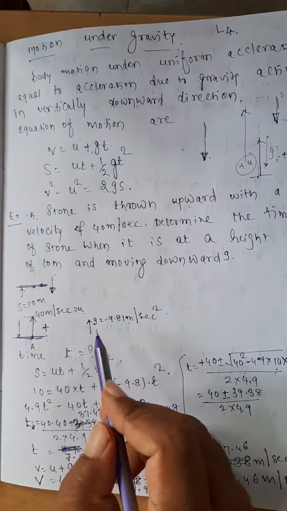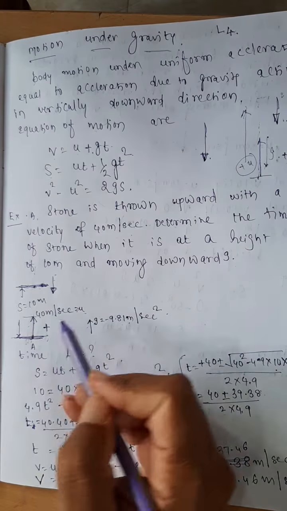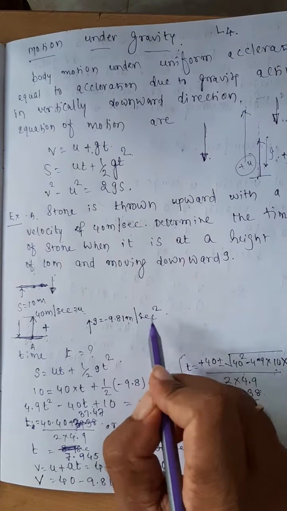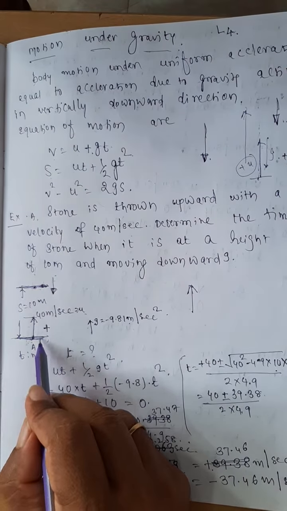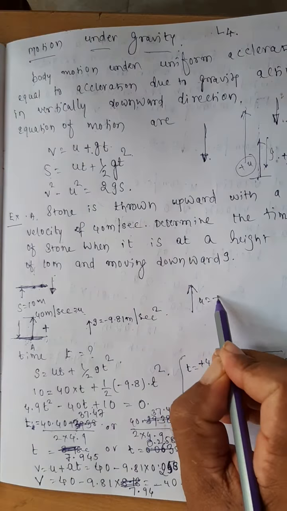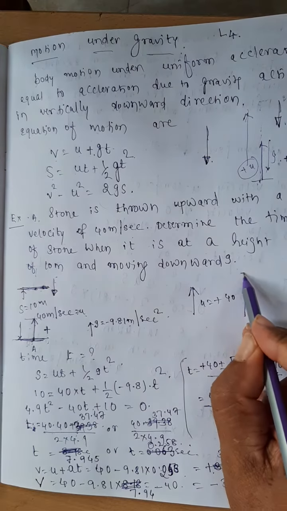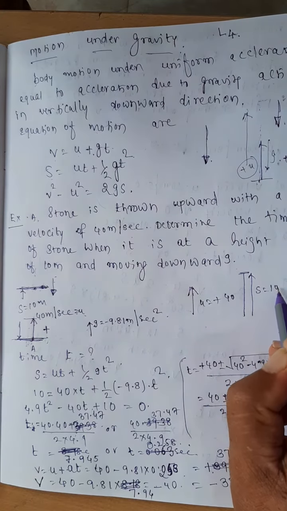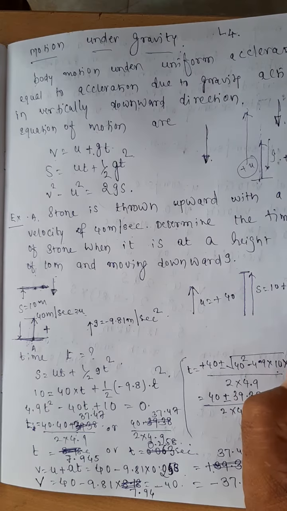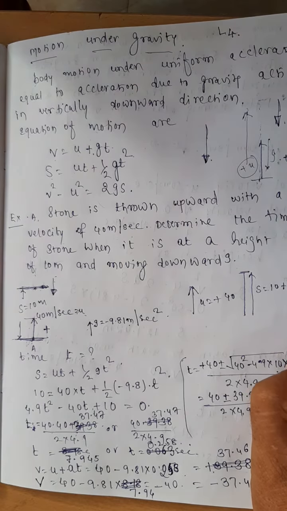Anyhow, what I am doing is, the body is moving with initial velocity. I am taking upward as positive here. Upward motion is positive. Therefore, to start with, u will be equal to plus 40. The final distance I want is in the upward direction, s is equal to 10, so it becomes positive. And since upward is positive, g will become negative.